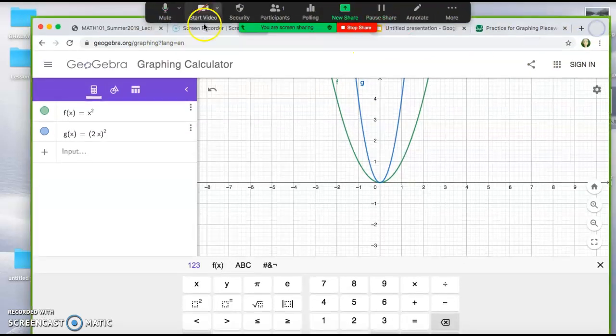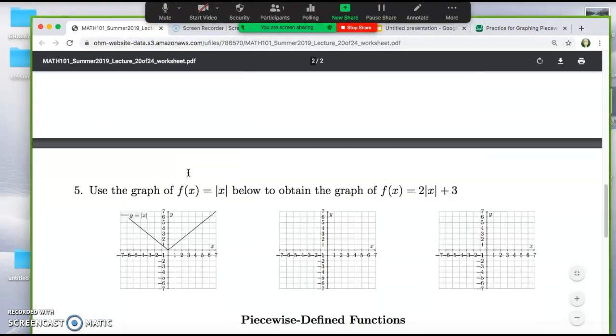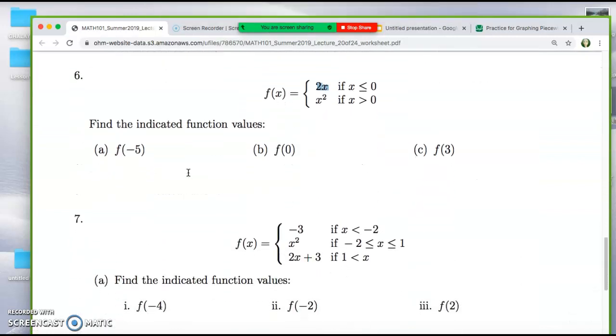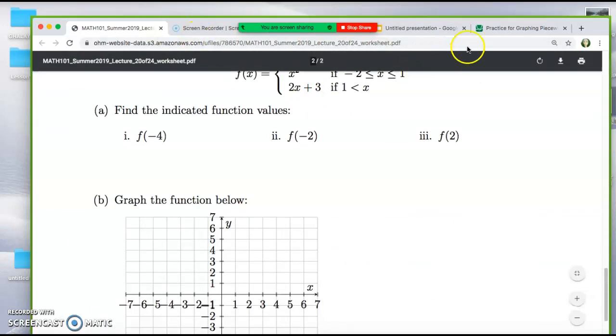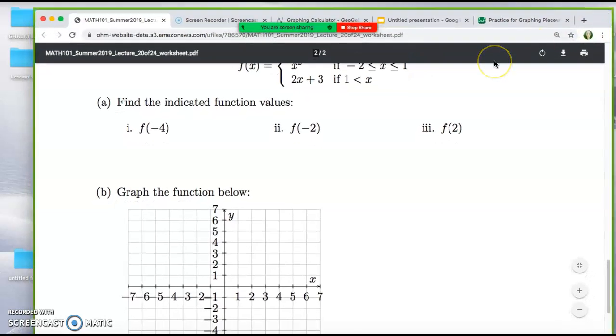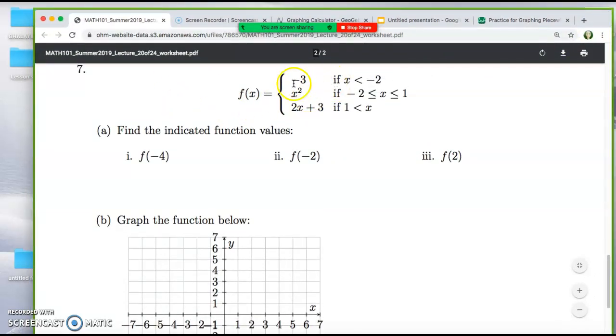So now let's move on to graphing piecewise functions, okay? So here they're asking us to graph our piecewise function: f of x equals -3 if x is less than -2, f of x equals x squared if x is between 1 and -2 and equal to them, and f of x equals 2x plus 3 if x is greater than 1. And they want us to graph this